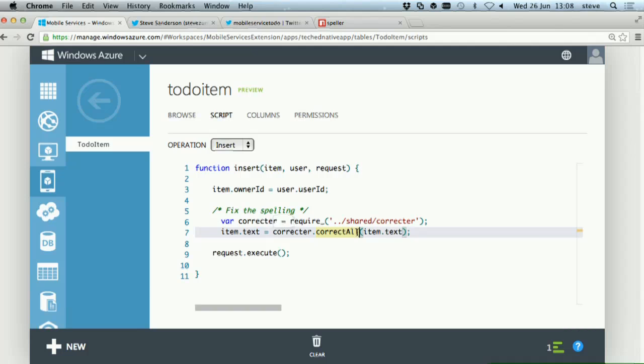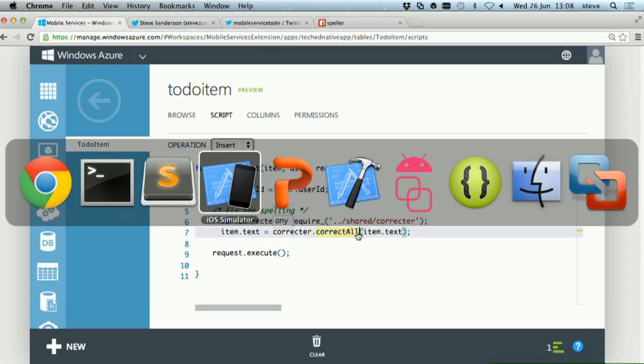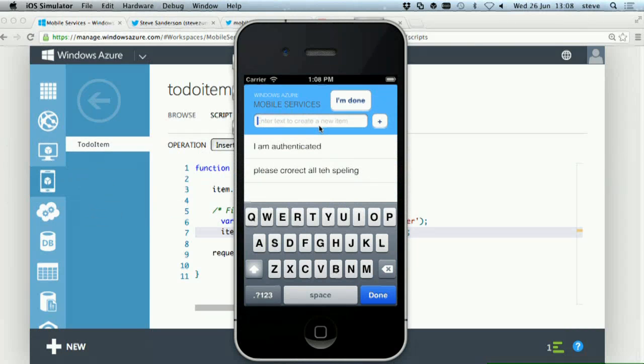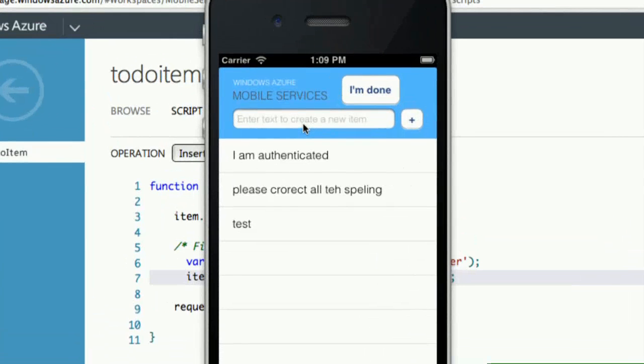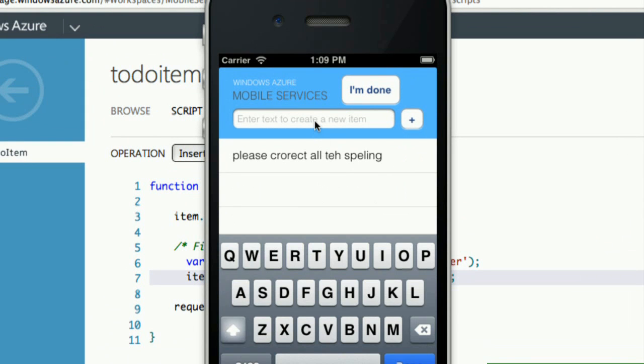Now let's see if it actually works, shall we? Because it would be pretty cool if it did. Firstly, let's just test I didn't break it. So I'll just enter a random word and see if it's still alive. OK, it's still alive. Very good. Now let's enter some really badly spelled stuff. Let's just get rid of some of the stuff. I'll get rid of that and that. And I will put my same spelling mistakes in.